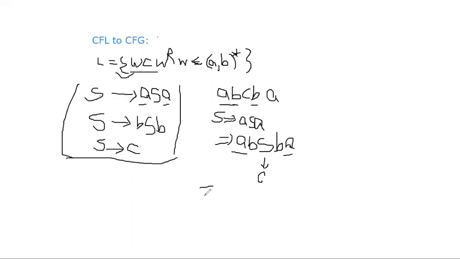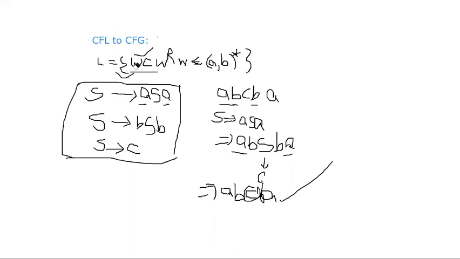Okay? So finally we get A, B, C, B, A. AB is W, then BA is WR, and AB and BA are separated by C. So in this way, we can show whether the input can be extracted from this grammar or not, and based on the language, we can construct context-free grammar. I'll show you one more example. Instead of giving it like this, sometimes we may get the language in terms of A's and B's or zeros and ones.